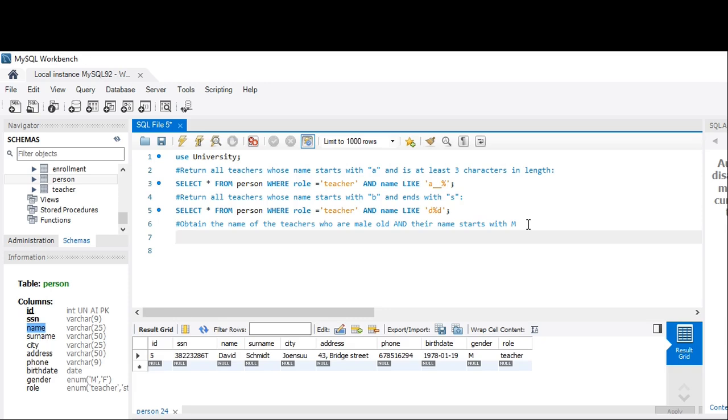Obtain the name of the teachers who are male and whose name starts with M. Okay. Select, let's use name. Select name from person where role equals teacher